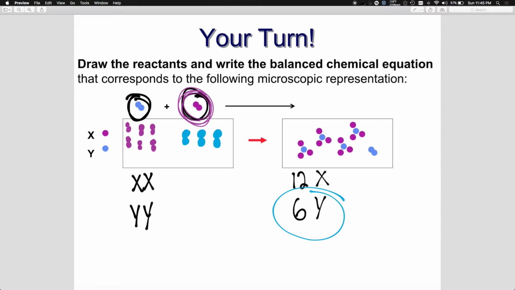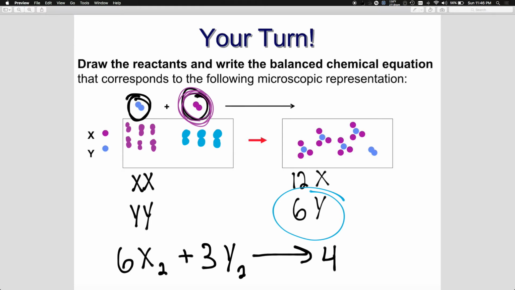Now it says write a balanced chemical equation. Balancing it, I do afterwards. My choice is to write out what I know and then fix it from there. So I have 6 X2, because X is bonded to itself, plus 3 Y2. And this yields, through the chemical reaction, 4 of these little things that are X3Y, and then,